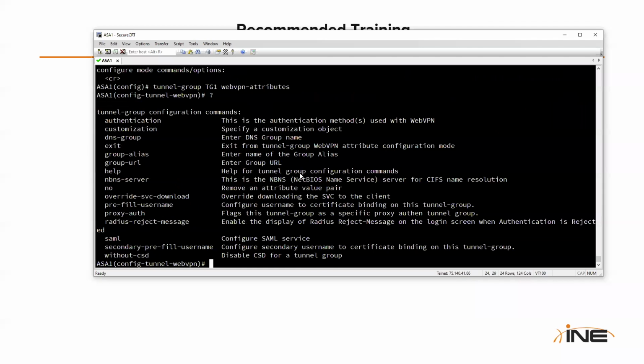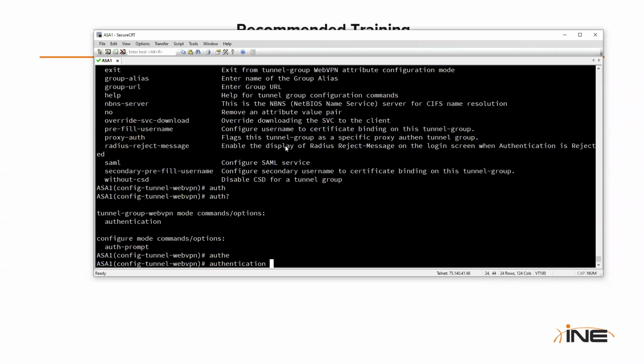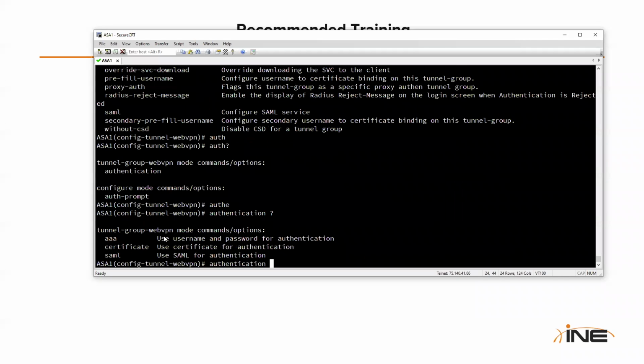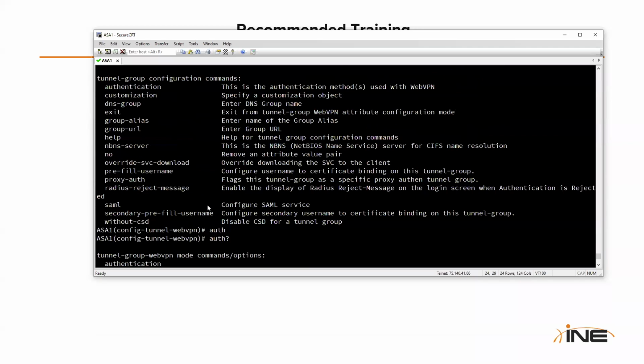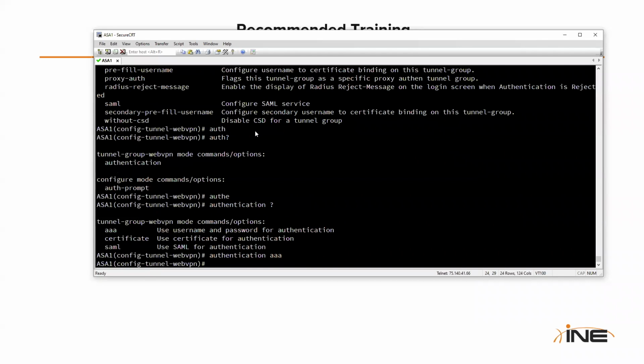Okay, so what do I have to specify in here? Authentication. This is how I tell it that my clients will get authenticated simply via a username and a password. Alternatively, you could do certificate-based authentication for the clients, or you could even do multi-factor authentication. You could use more than one authentication method if you were to say that you want to use AAA and certificates. Just one method in my example, and then group alias is, this is exactly what we